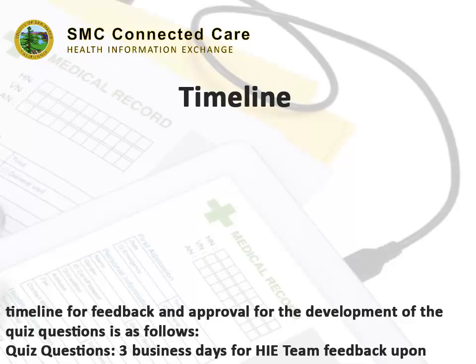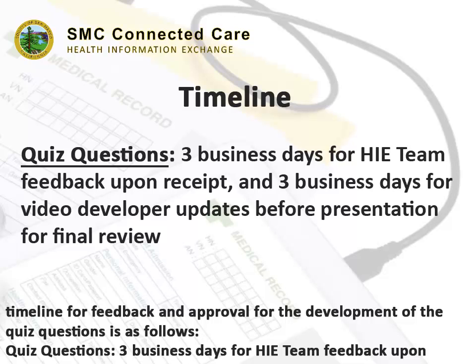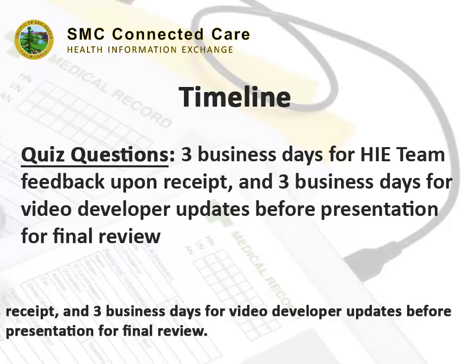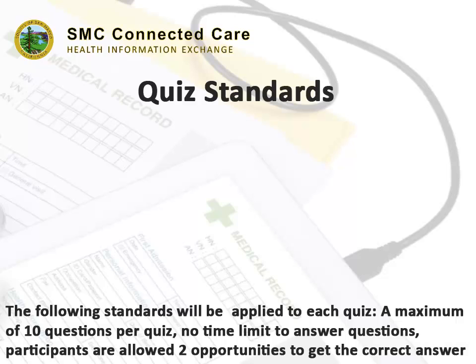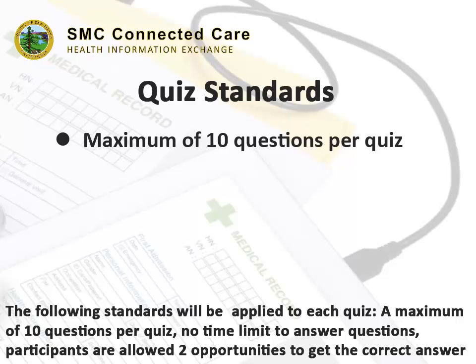The timeline for feedback and approval for the development of quiz questions is as follows. Quiz questions: 3 business days for HIE team feedback upon receipt, and 3 business days for video developer updates before presentation for final review. The following standards will be applied to each quiz: a maximum of 10 questions per quiz,